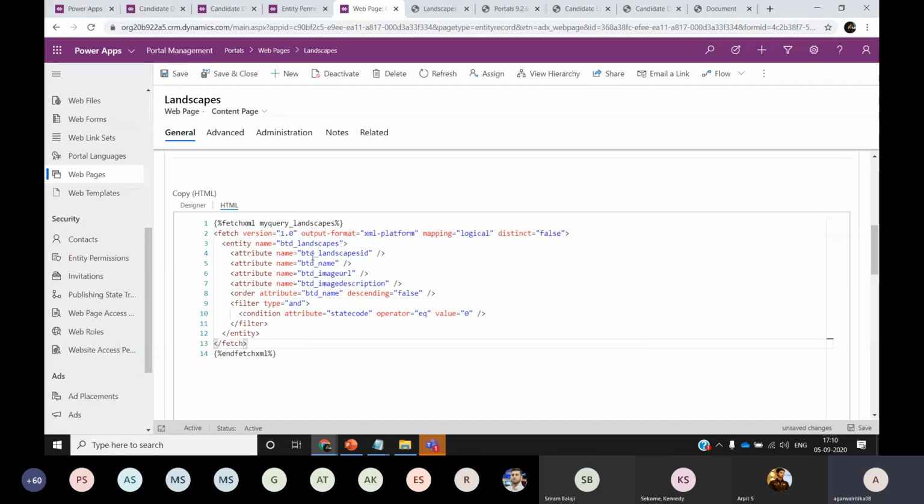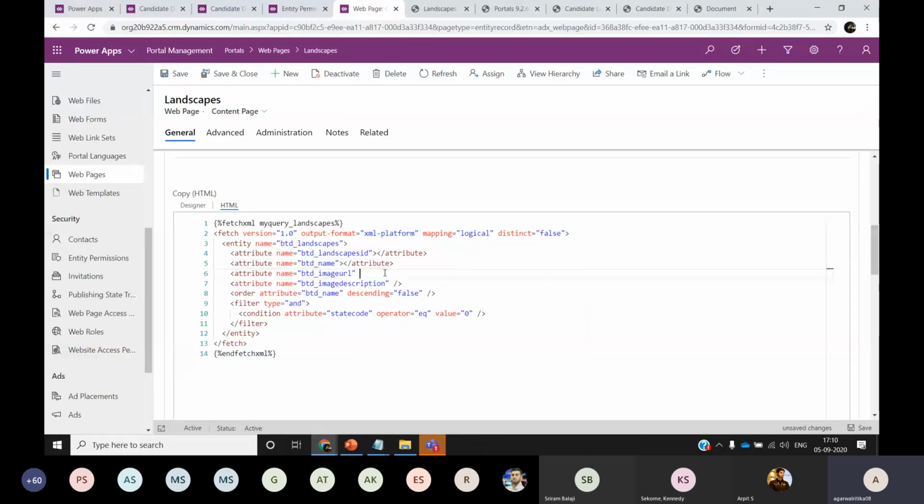One other thing is that when I exported this fetch XML from advanced find, the attribute tags are not closed properly. But the page copy or the HTML format of this web page requires properly formatted XML. Otherwise, it will add these attribute tags at the end, after the filter, and that will not be a properly written fetch XML.